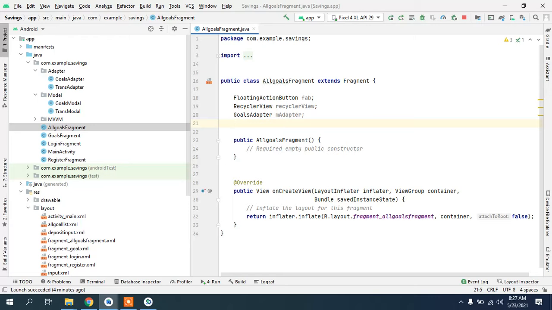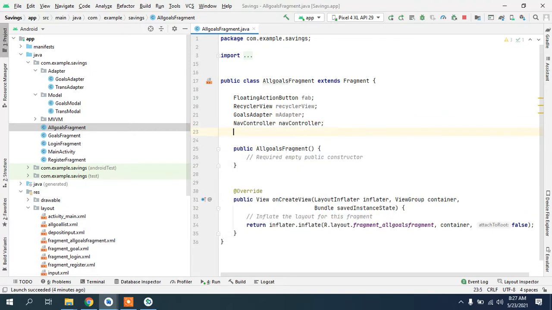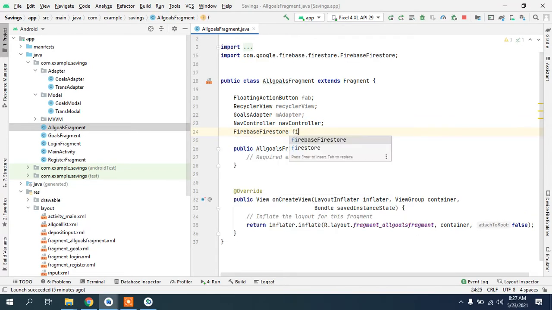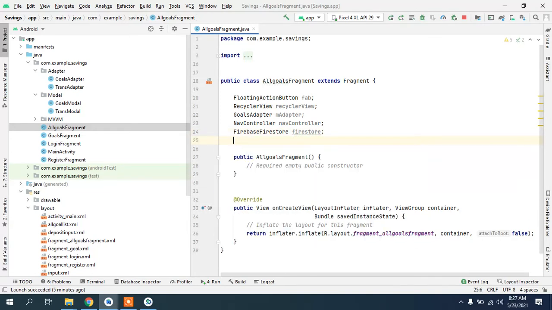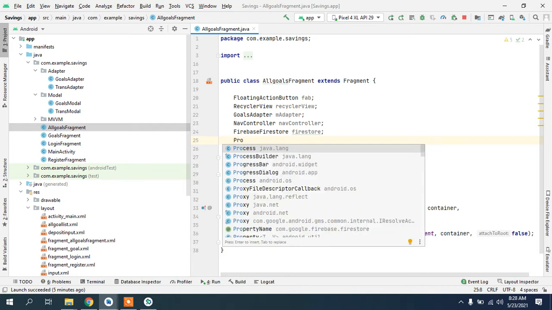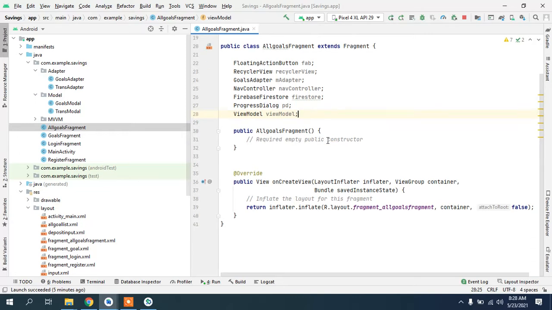also take nav controller, and we will take Firestore, and we'll take progress dialog, PD, and we'll take view model. Okay, perfect. So these are maybe all of the views that we needed. And now first of all we'll just